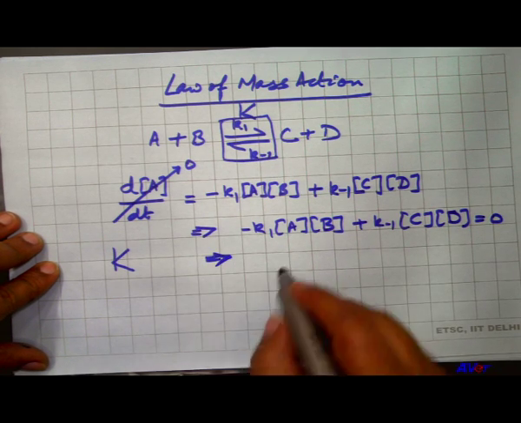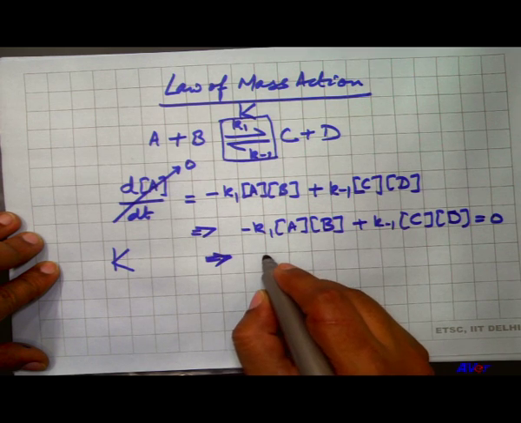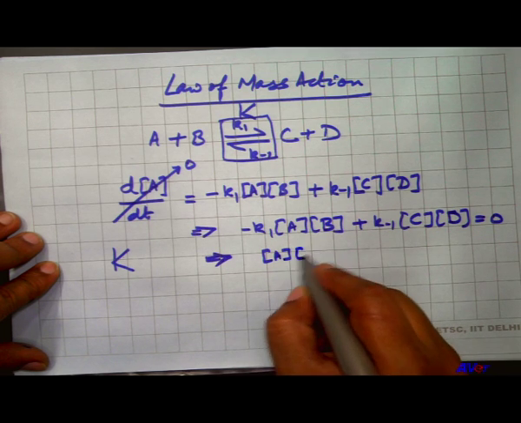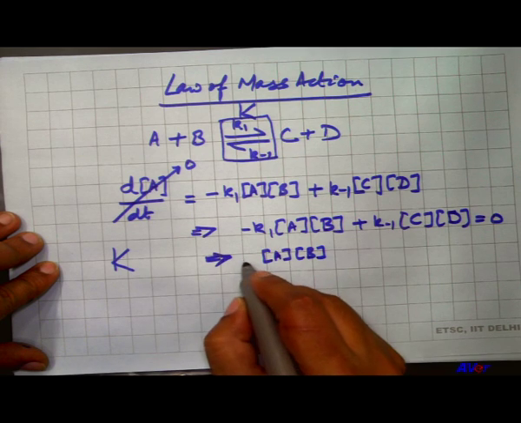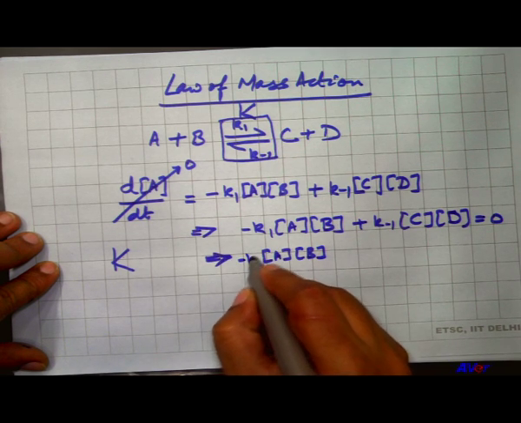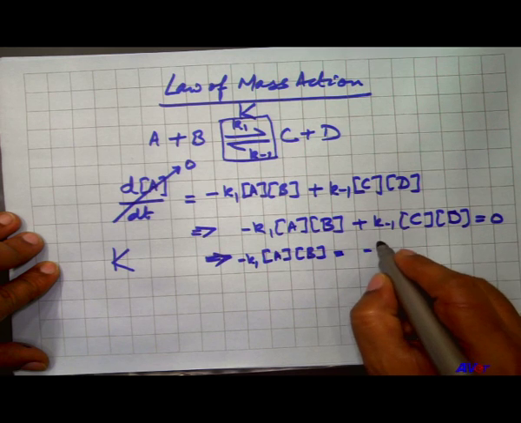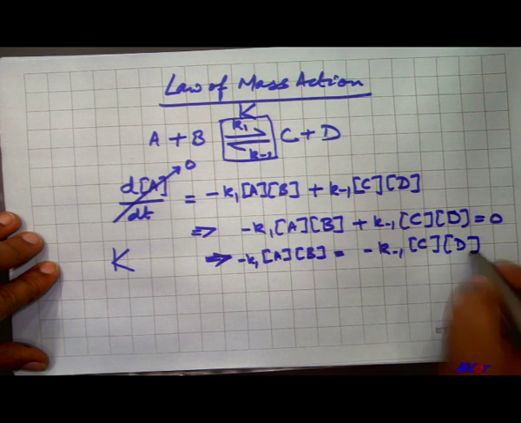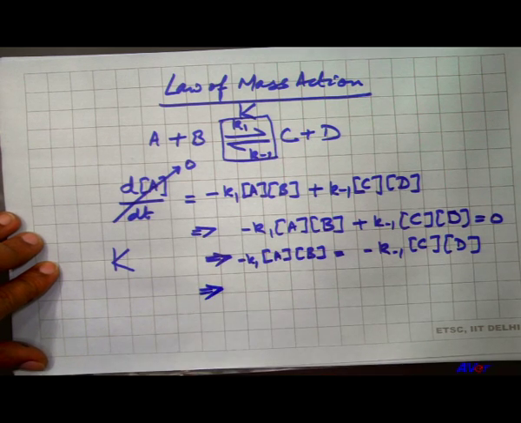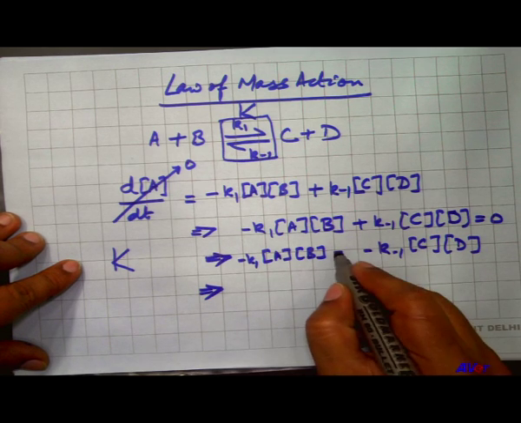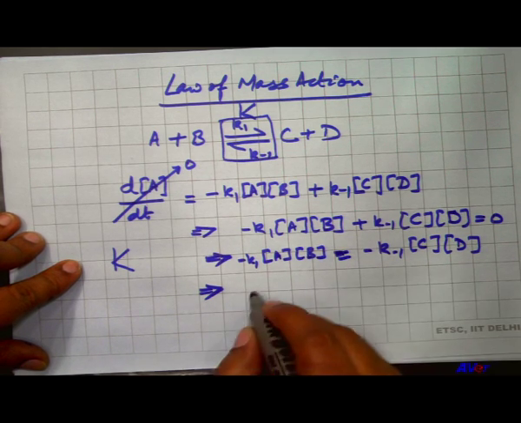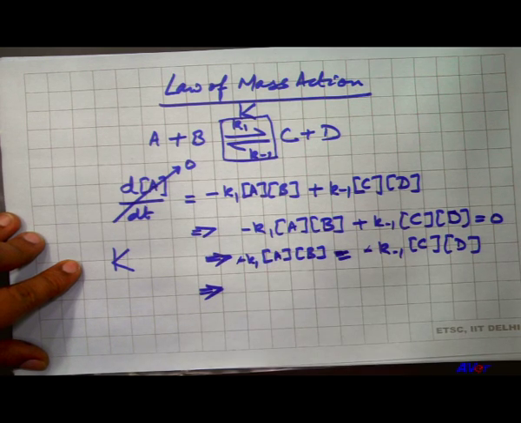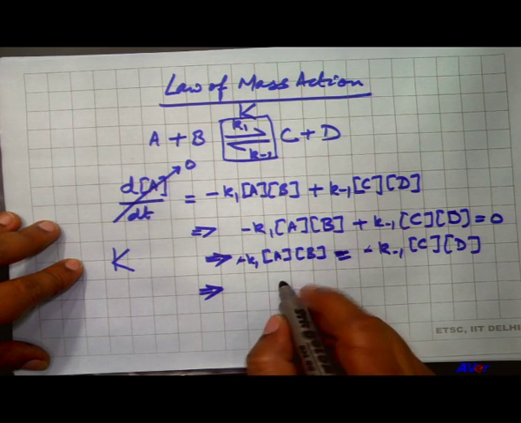Therefore, what you get is A B minus k 1 equal to minus k minus 1 C D. Therefore, you end up getting, what do you get from here? You get these signs go, is that right? And then you end up getting